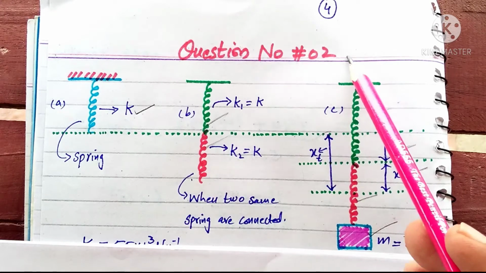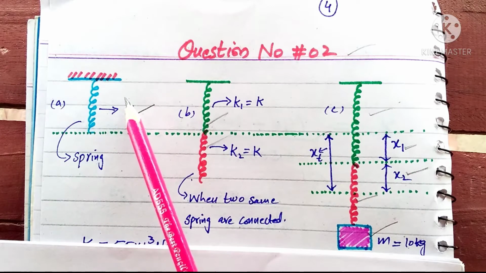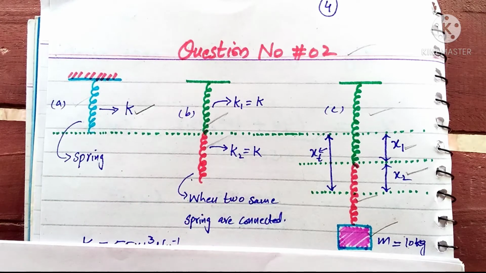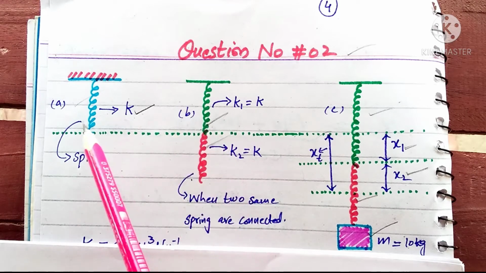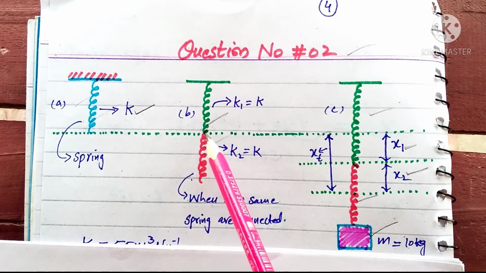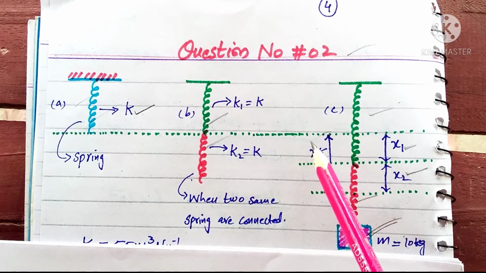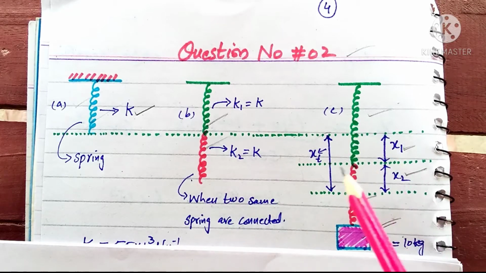In question number 2, we are given a spring whose spring constant is K, as shown in figure A. After this, we are given a condition that two such springs are connected end to end and then a mass is suspended. Then we have to find the total extension xt in both springs,